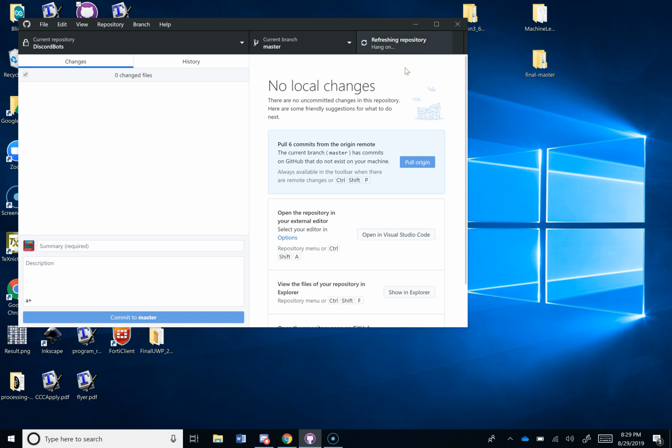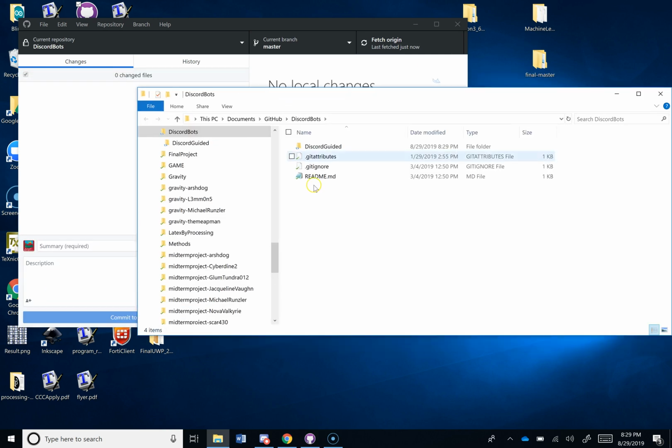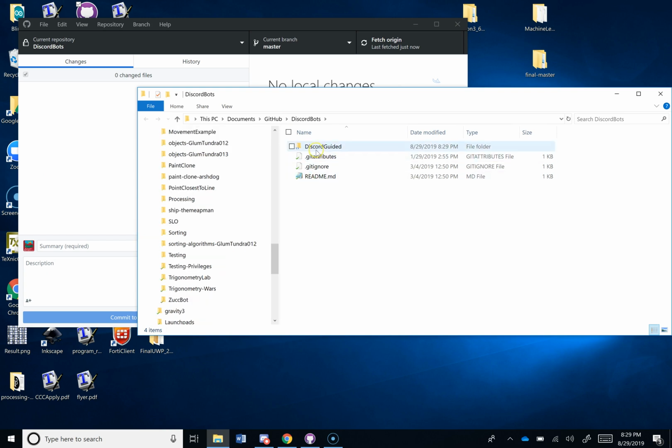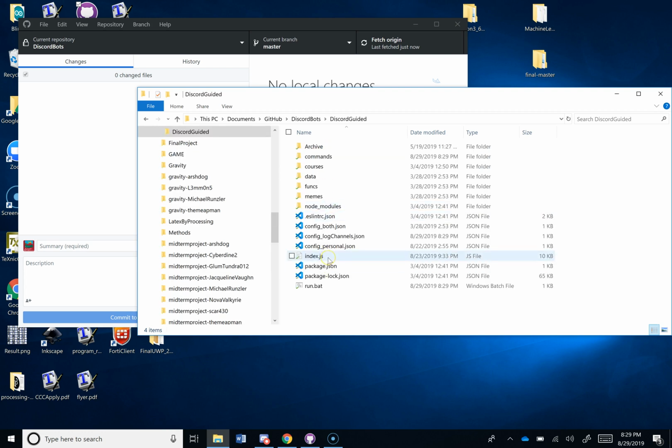And that's going to update the files that are on my computer. And I can hit show in Explorer to see those. And this isn't a processing thing, but normally there'd be a PDE file in here someplace. So this is the Discord bot again. And if I want to make changes, then